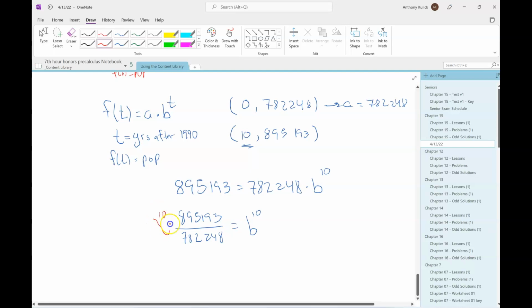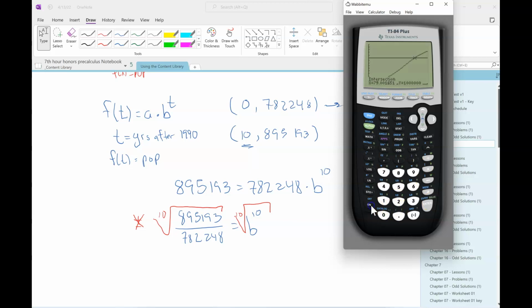So again, the logs are if the variable's in the exponent. Again, since that's an even root, I need a plus or minus, but because we're solving for B, I know that it has to be positive, so I'll just cross that out. So typing this into my calculator,